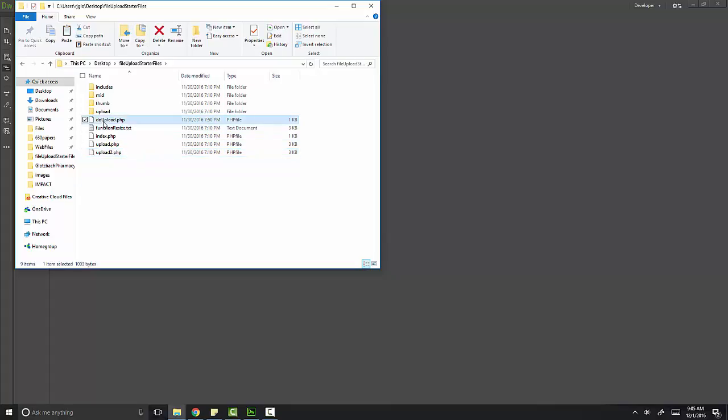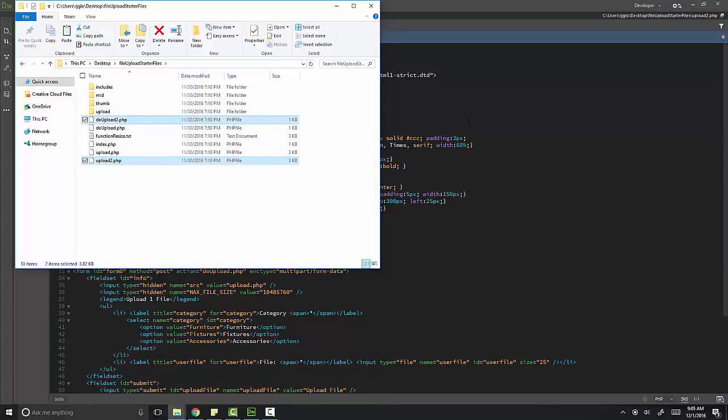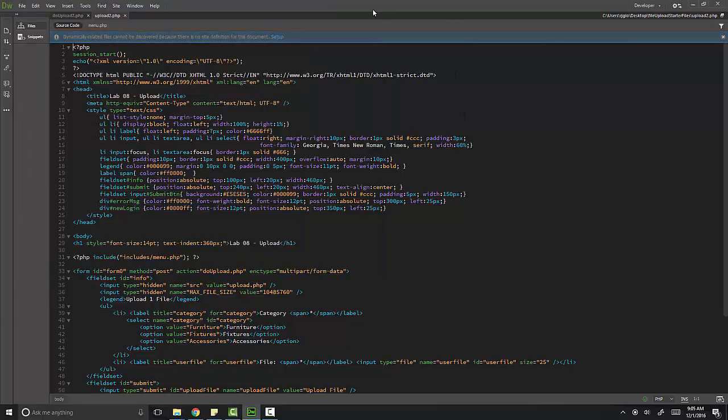Same thing with do upload.php, Control-C, Control-V. So now I've got an upload2 and a do upload2. I'm going to grab those two files and drag and drop them onto Dreamweaver. So now we can see what we had at the end of the last video. Now I'm going to make some minor